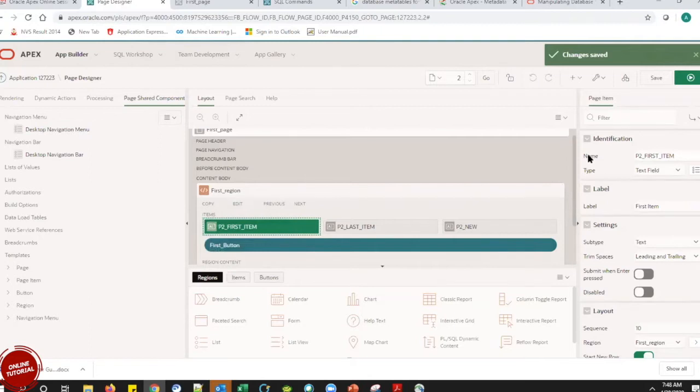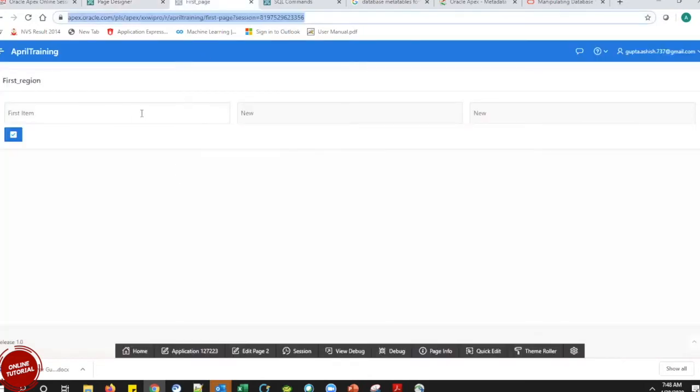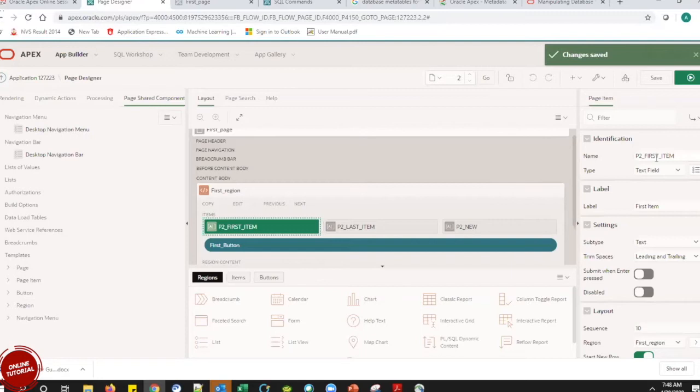Now, as Prashant is asking about, we want to see the different items. In our first page, we have something like the first item, and this is a text box as of now. P2 first item is a text box. I am going to change this item and make it a different one.